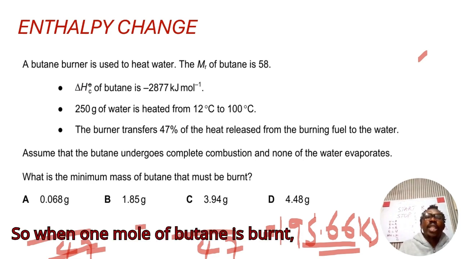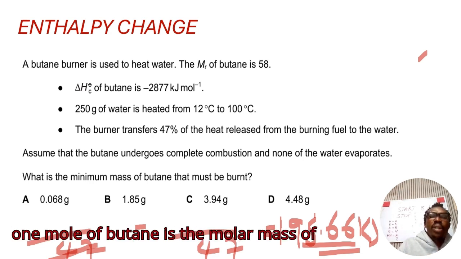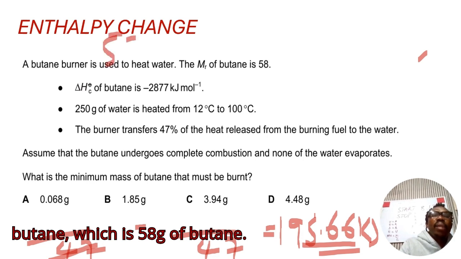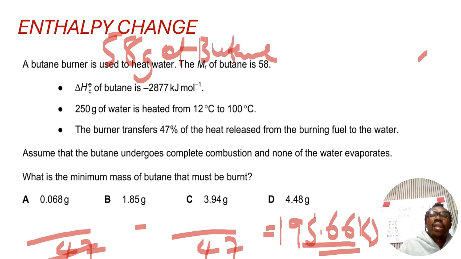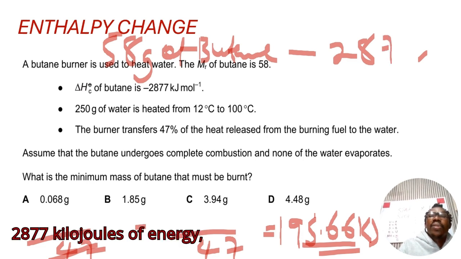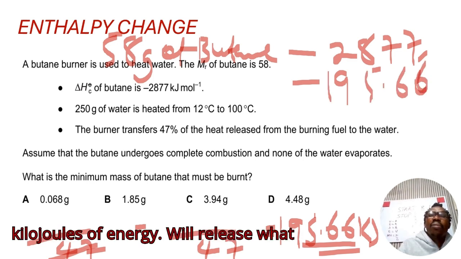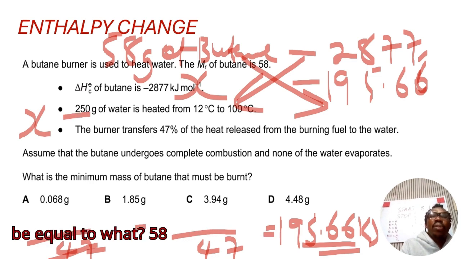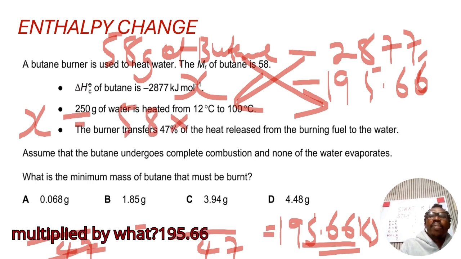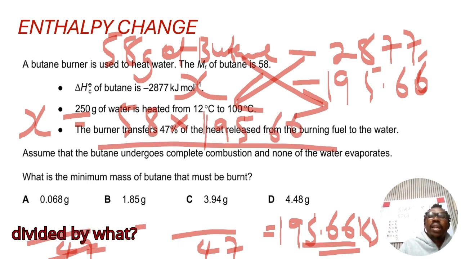So when 1 mole of butane is burnt, 2,877 kilojoules of energy is released. And 1 mole of butane is the molar mass of butane, which is 58 grams of butane. It releases 2877 kilojoules of energy. Then 195.66 kilojoules of energy will release what mass of butane? So we'll cross multiply. So to get the mass of butane, X will now be equal to 58 multiplied by 195.66 divided by